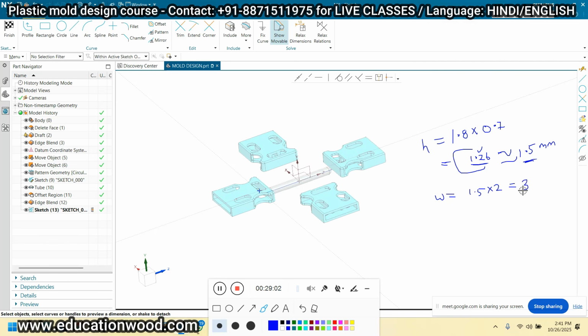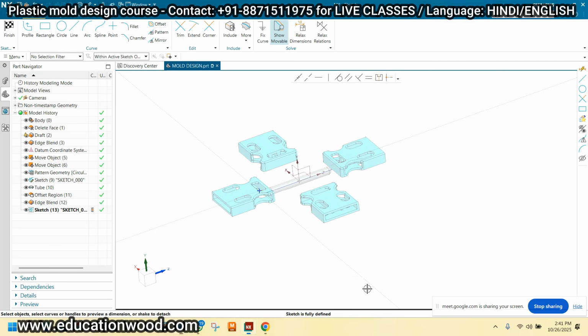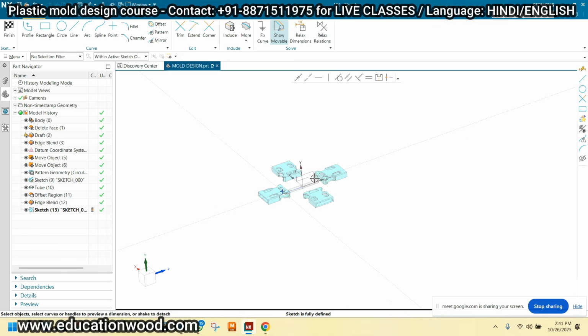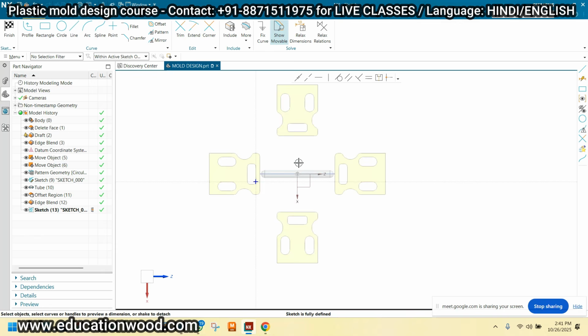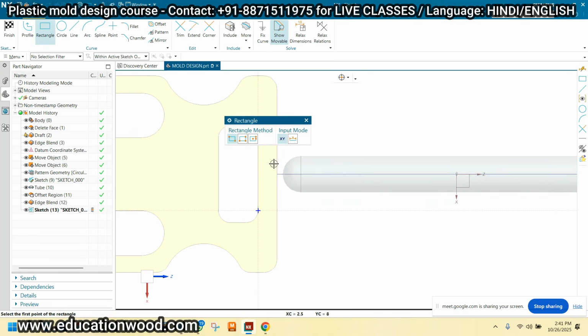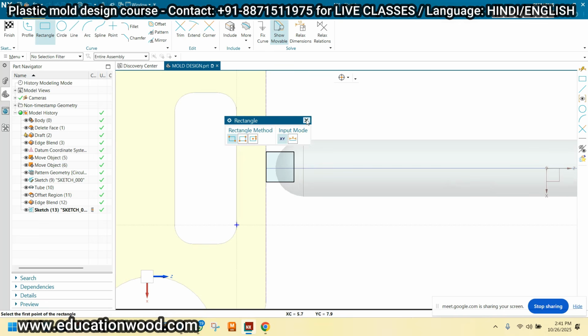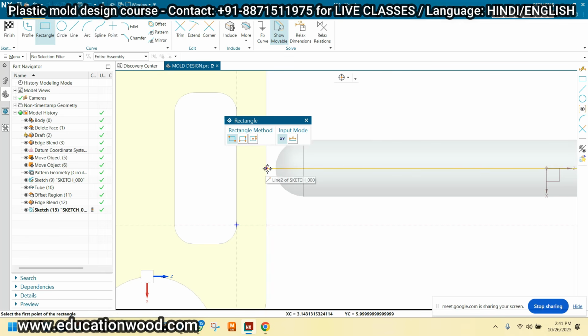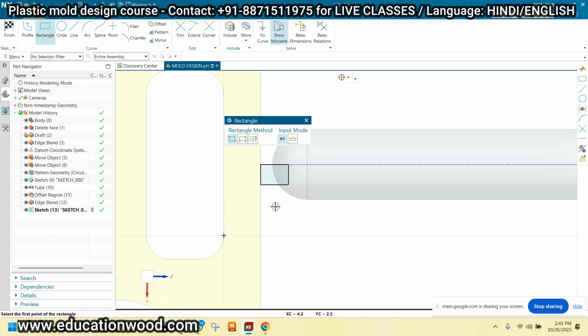I'm just hiding this. This is the entire assembly, and let me check control Z. Again, I'm taking a rectangle from this point.